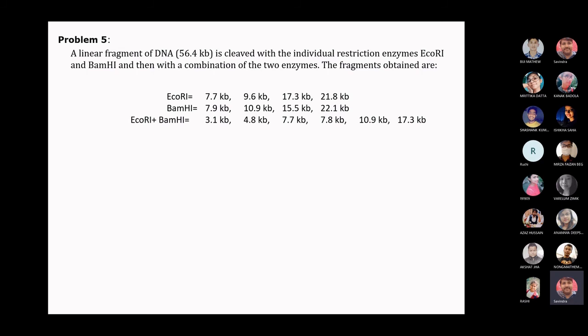C. Means आप में सी हो, मतलब क्योंकि अभी मेरे सामने कोड नहीं है, तो आप मुझे बताइए कि कैसे करेंगे. Sir, फ्रैगमेंट के साइज से. C. Sir, C is equal to 7.7 kb. Okay, and how will you get 9.6? So we will get 9.6 by A plus B, 3.1 plus 4.8. No, it will give 7.9 only.